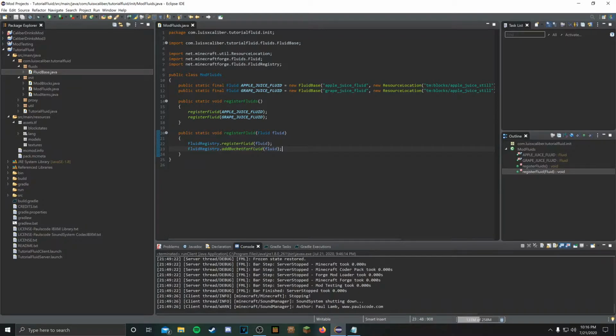But yeah, this is an optional step if you're not going to make a bucket. I'll show you how to place it if you're not going to add a bucket to it, so don't worry about it. But if you are going to add a bucket from the Forge's fluid registry thing,